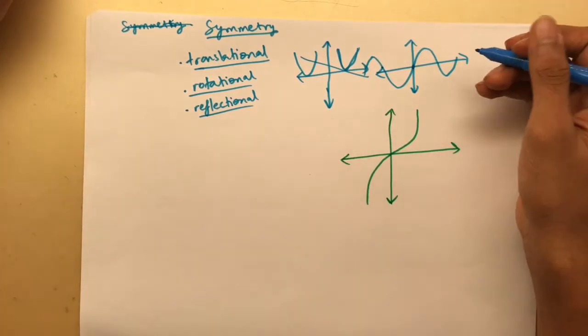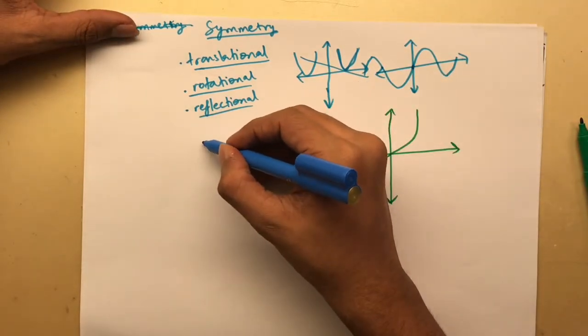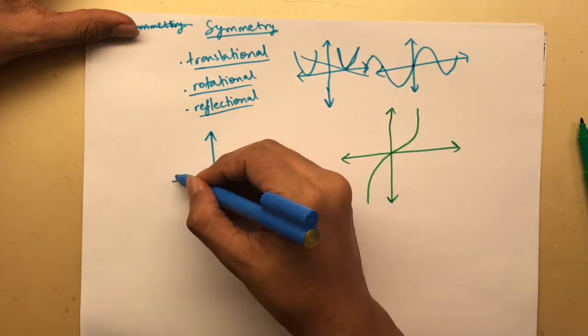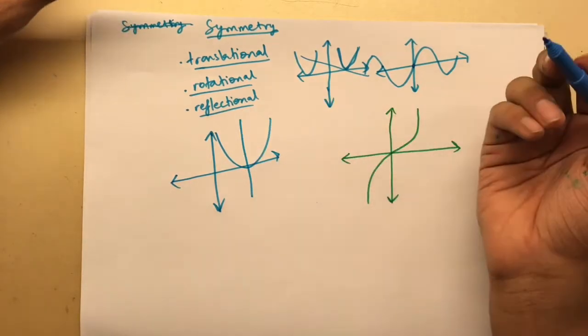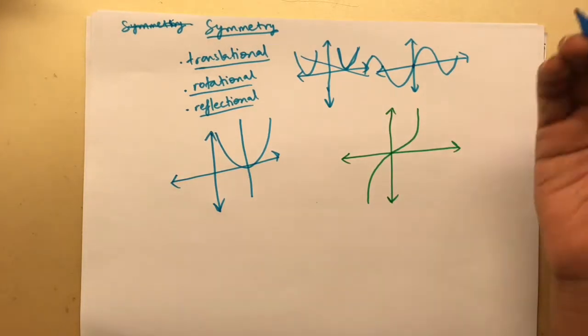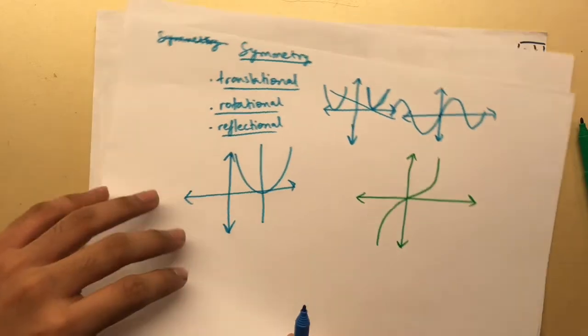So that's translational symmetry. And reflectional symmetry is if I reflect it along a certain axis and it remains the same. So for example, this parabola, if I reflect it along this axis, it's the same function, and so it has reflectional symmetry. But now algebraically we would want to know if certain things are symmetric or not. And so we look at these 2